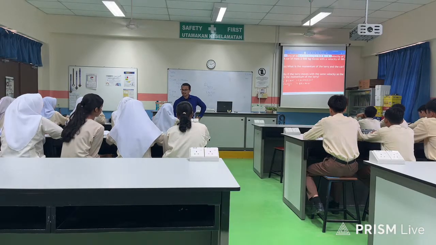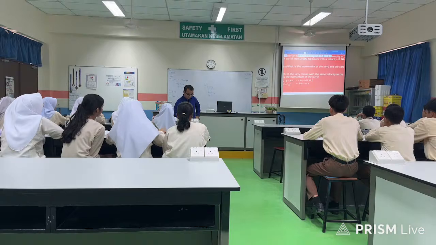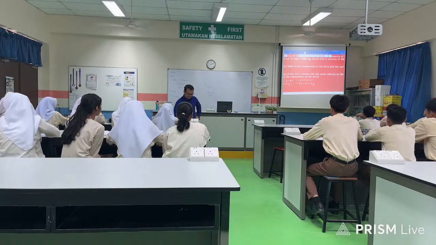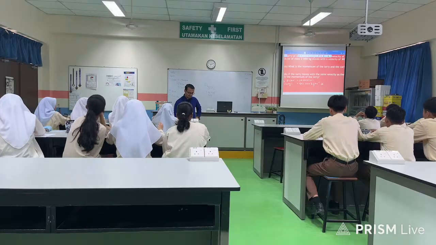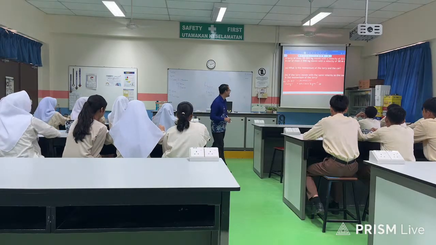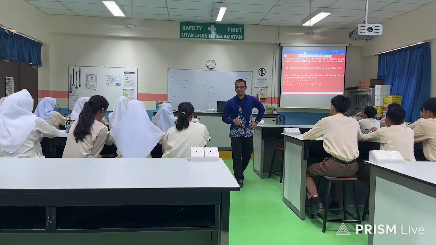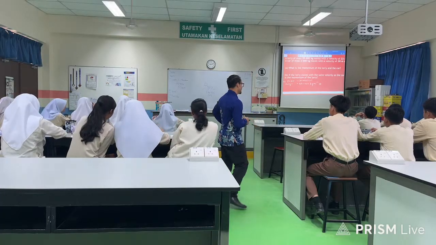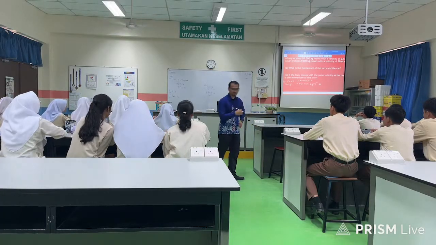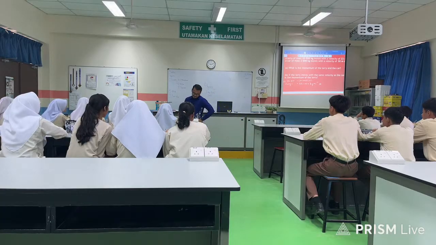The unit is kg m s to the power of negative 1. Okay, right, so it's very simple. All you have to do is just memorize the formula P equals mv and then substitute the value. Yeah, understand? Yeah, okay, good. Right, so